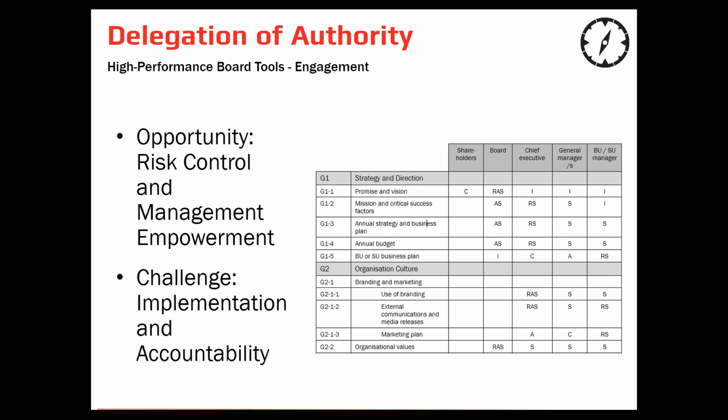Of course, with any policy, the implementation and accountability aspects of a delegation of authority are extremely challenging. And it is one of those things that disappears into a file and never sees the light of day. So like with any policy, the absolutely critical element is what are the ways that we can integrate the policy statements or the specific delegations into business processes and actually make them a living thing rather than a piece of paper we have to refer to make a decision, that we can embed those decisions into our very processes themselves. That's quite an ambitious undertaking and quite a maturity of a business model to be able to implement that.